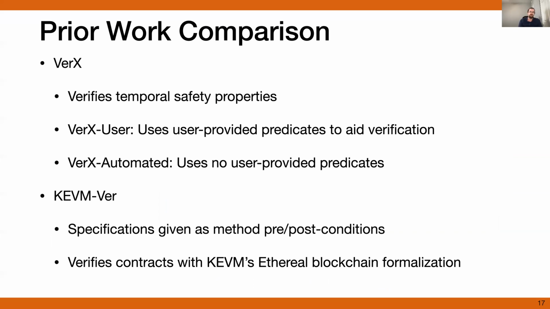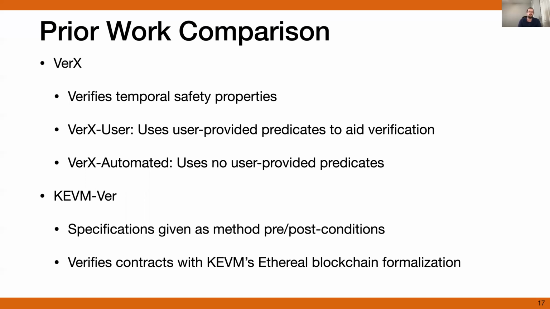VerX takes in a safety temporal property, and it uses user-provided predicates to aid in verification. So we checked VerX against a variant that uses these user-provided predicates and a variant that uses no user-provided predicates